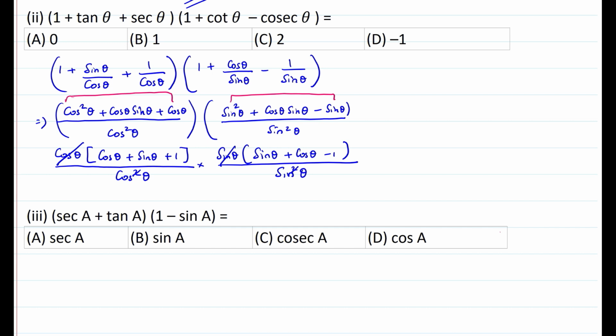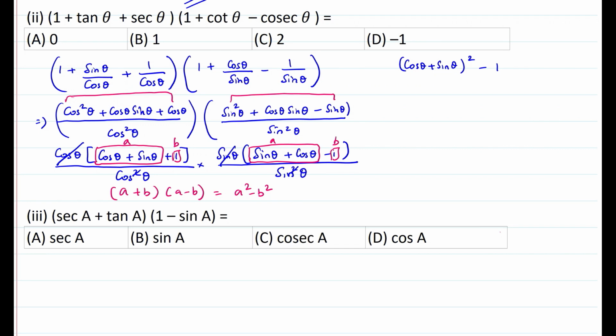Now if you see carefully, if you take this whole term as A and this term as B, then they are of the form A plus B into A minus B. What is A plus B into A minus B? A squared minus B squared. Therefore, we can write this as (cos theta plus sin theta) the whole square minus 1 square, and the whole thing divided by